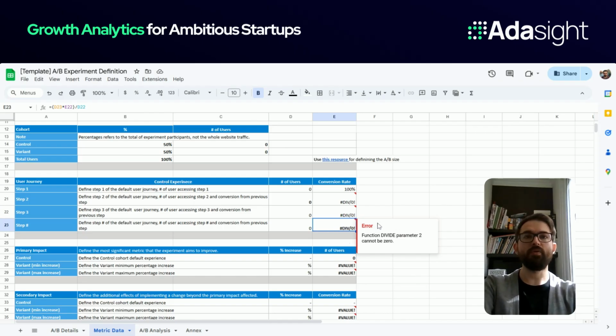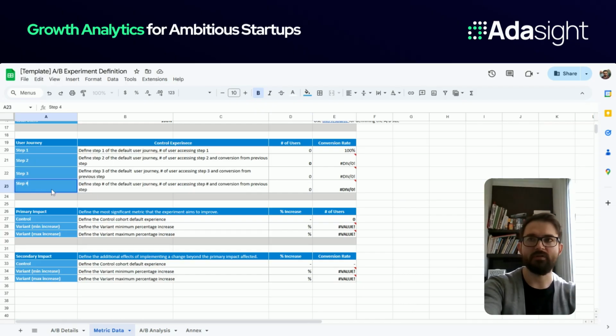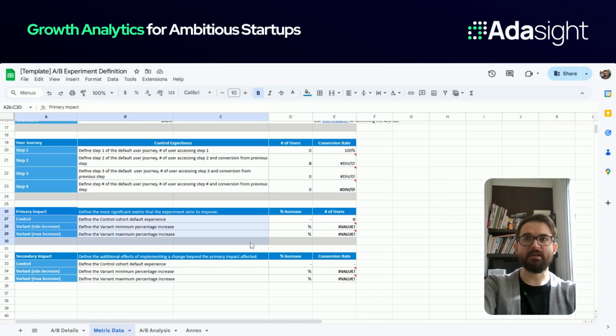Using this number, we will already define the expected impact of this experiment. So we have the primary impact and secondary impact. These are specifically based on the existing control experience. So assuming that, let's say, this is going to be step 4. Step 4 is our primary impact. We know the number, and this number is the control one. Using this section, we can set the minimum impact of the experience. Let's say,